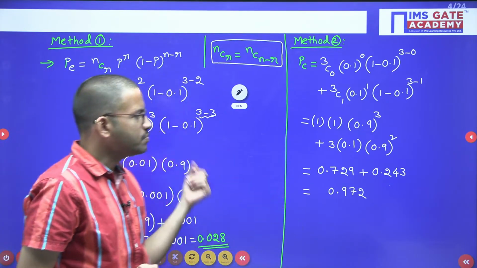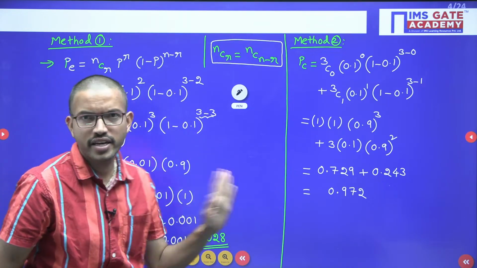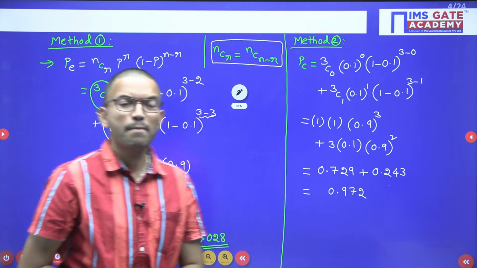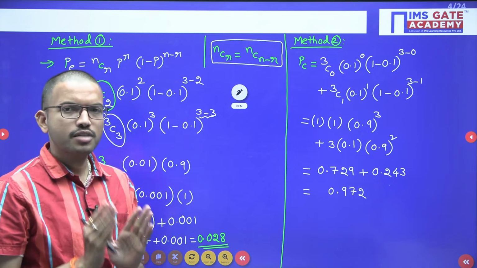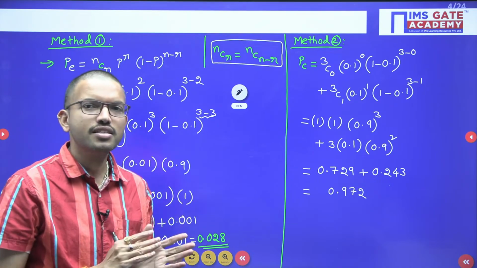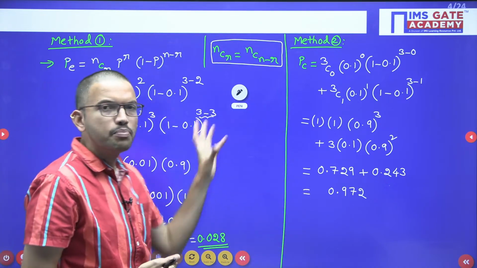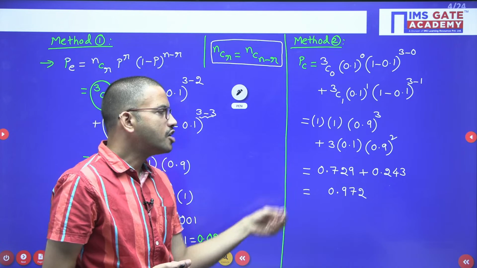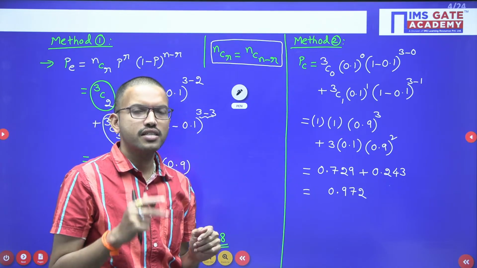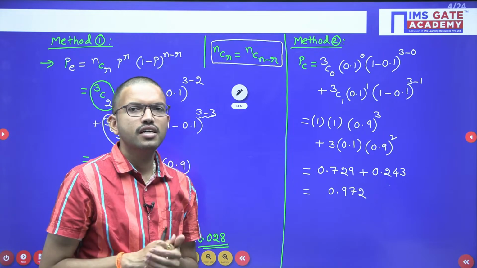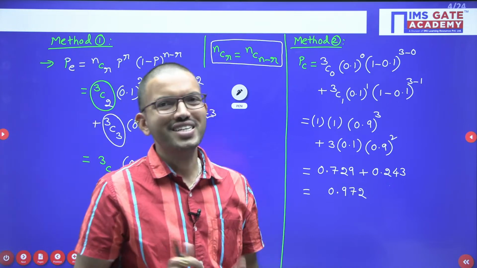That means you are transmitting 0, you are receiving 0. Similarly, you are transmitting 1, you are receiving 1. So that means there is no error at all. That is the correct probability. But in general, in some cases you are going to get correct value, in some cases you are getting wrong or error result, right? So if you are combining both, in order to get correct you have probability PC, in order to get error you have some probability, and if you add both, the sum of all the probabilities is equal to how much?